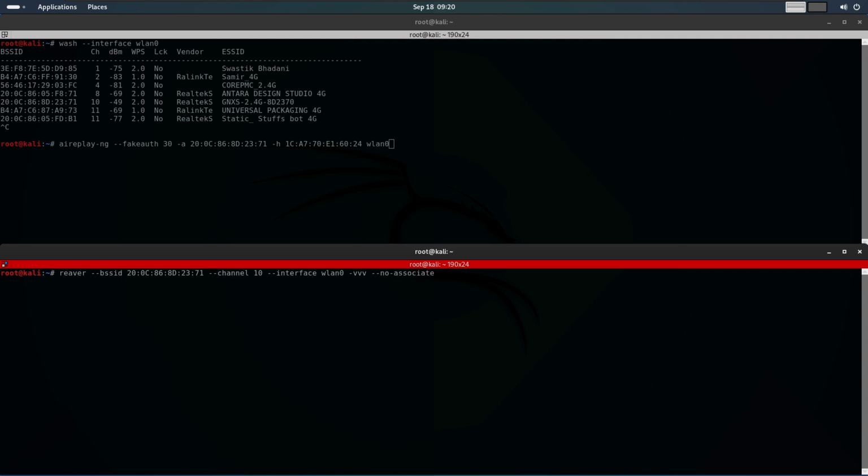Let me break it down. Reaver is the program. BSSID provides the target network's MAC address. Channel specifies the network channel. Interface specifies the wireless adapter in monitor mode. VV stores detailed information. No associate tells Reaver not to associate since we are handling that manually. Now I will hit enter to start Reaver